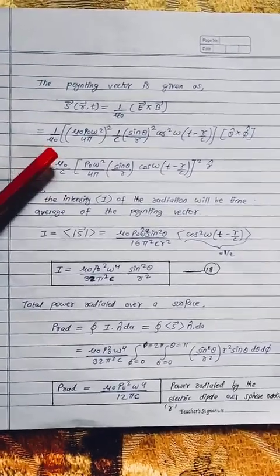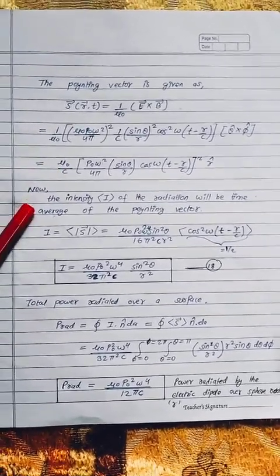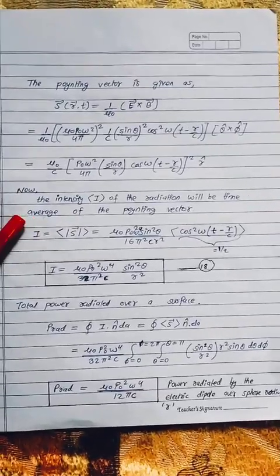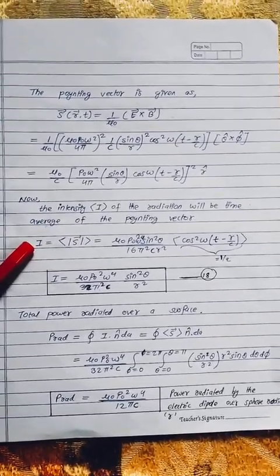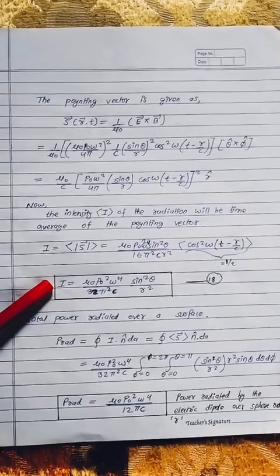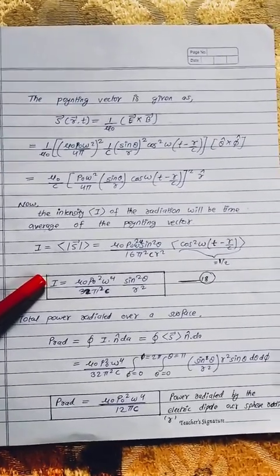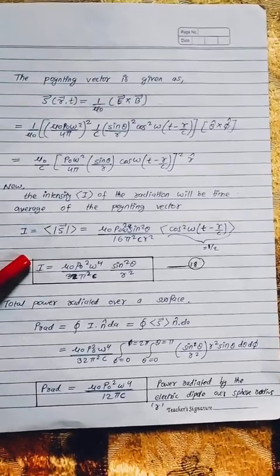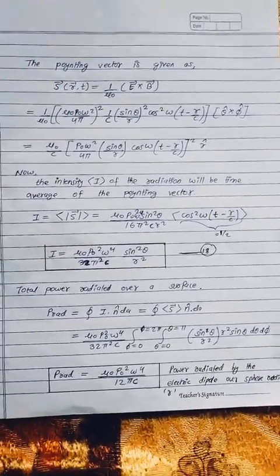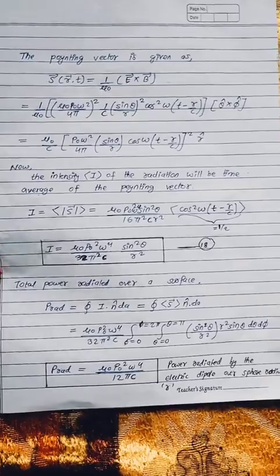Now the intensity of the radiation will be the time average of the Poynting vector, like this. This is the total intensity of the oscillating electric dipole. For total power radiated over a surface,